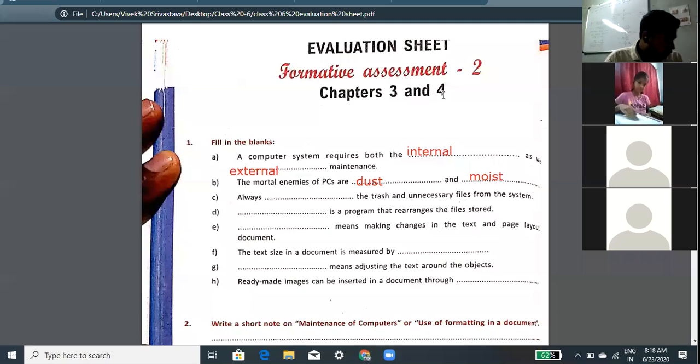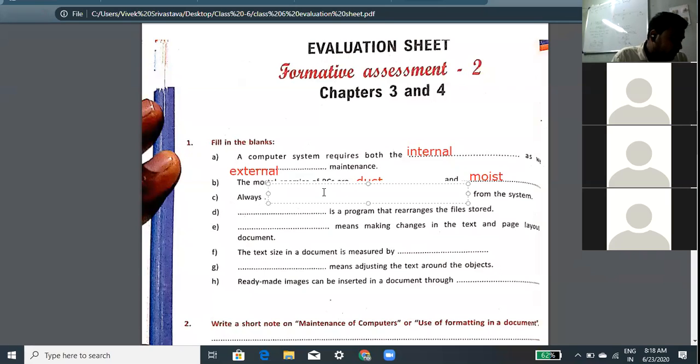Yes, sir. Now number C. Always dash the trash and unnecessary files from the system. Tell me what is the answer. Disk cleanup. Okay. Yes. Disk cleanup.